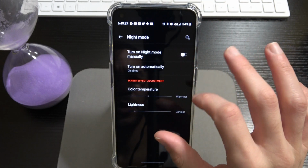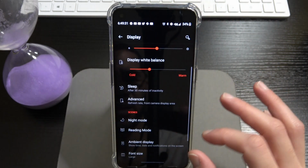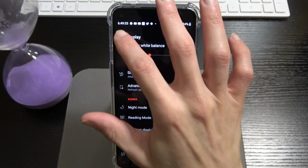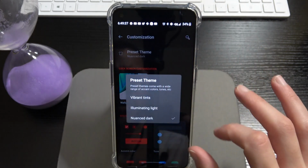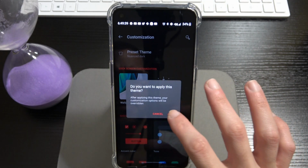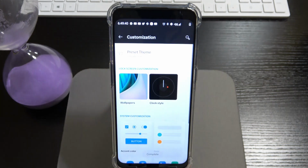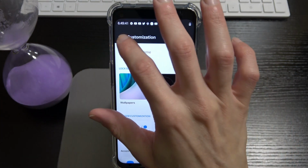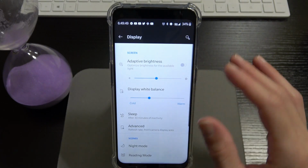Night mode. Nope, that's not it. Where's it at? Oh, customization. All right, so here we go. Theme. Okay, so turn the theme back on. Now, if we go back to display